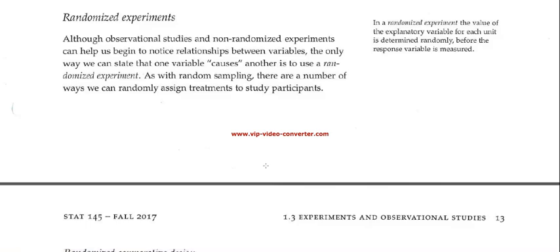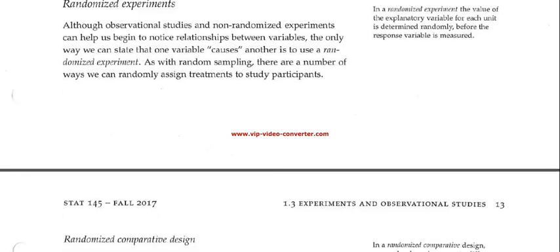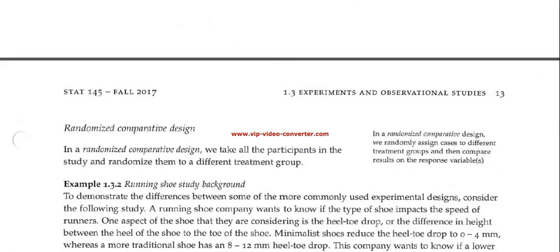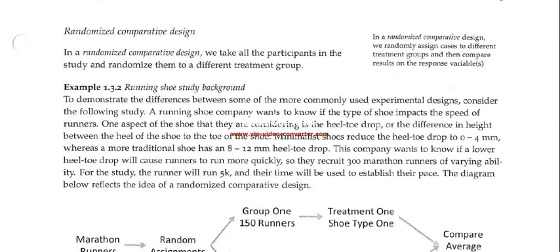In order to determine a cause-effect relationship between a couple variables, we do need to have a randomized experiment where the researcher has controlled for things. And the most simple type of experiment is the randomized comparative design. In this design, we randomly assign our cases to different treatment groups, and then we just compare the end result